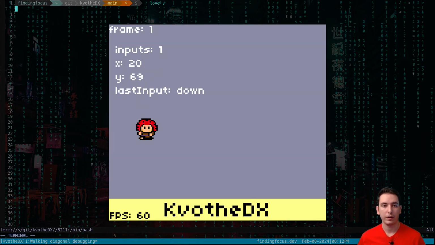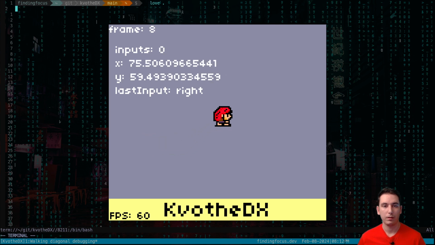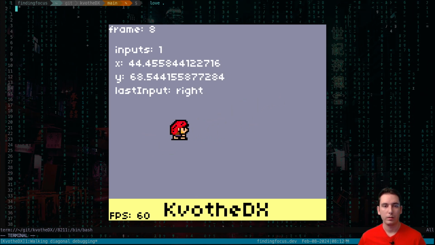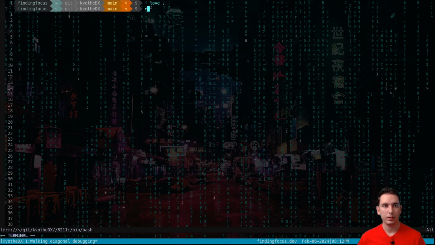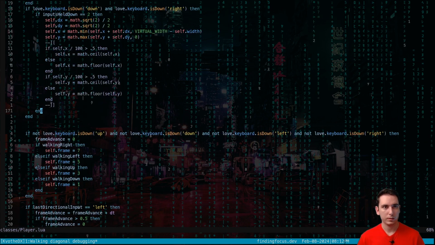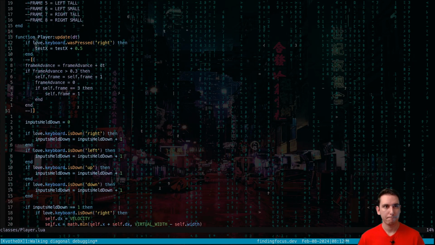Okay, so down, up, right, left. Now, I guess the order it's happening is getting overwritten, so it still thinks it's right when it should be up, and that's because when we're doing our single inputs,